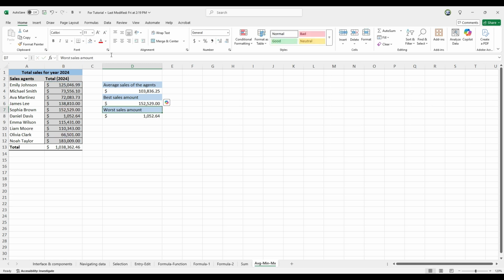So pressing enter, so we see that 1529, so Sophia is the best performer.